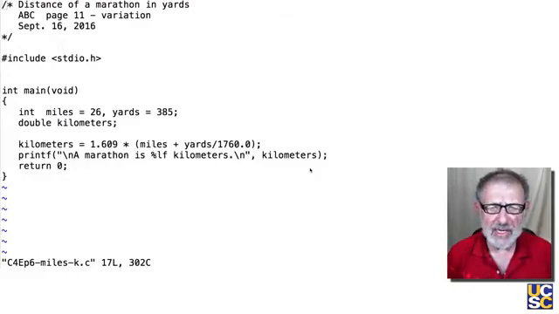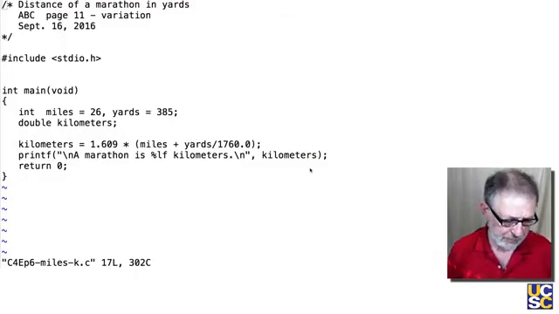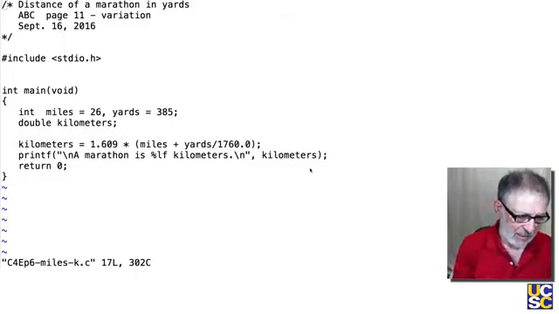So the idea is we're going to take in miles and yards, a marathon distance. So you can see it to be 26 miles and 385 yards. And there's a formula: kilometers is roughly 1.6 times the miles plus the yards, and the yards is divided by 1760. And that's just a conversion formula we have to get you to kilometers. And then we'll print it. So indeed, if we run this program,